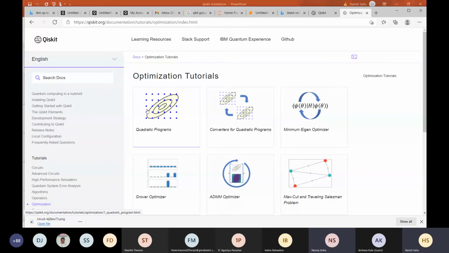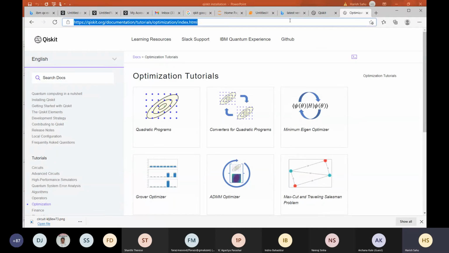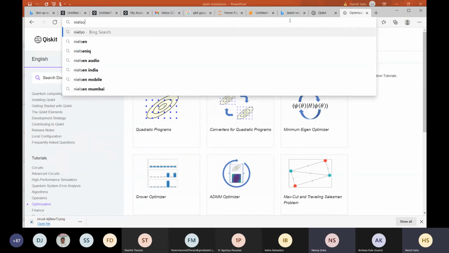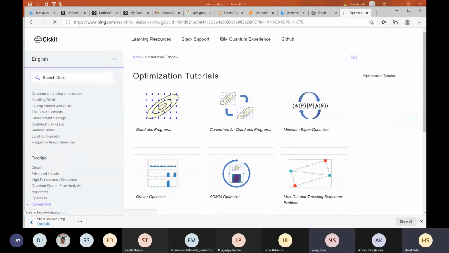Firstly, I will recommend one book called Quantum Computation and Quantum Information by Nielsen and Chuang. You can search it.